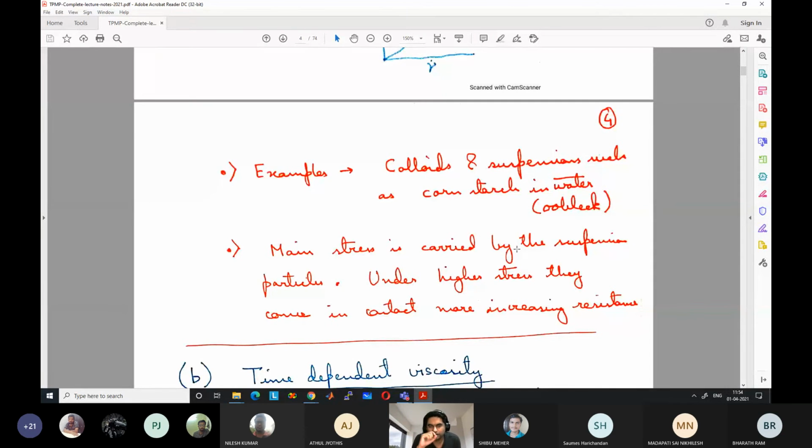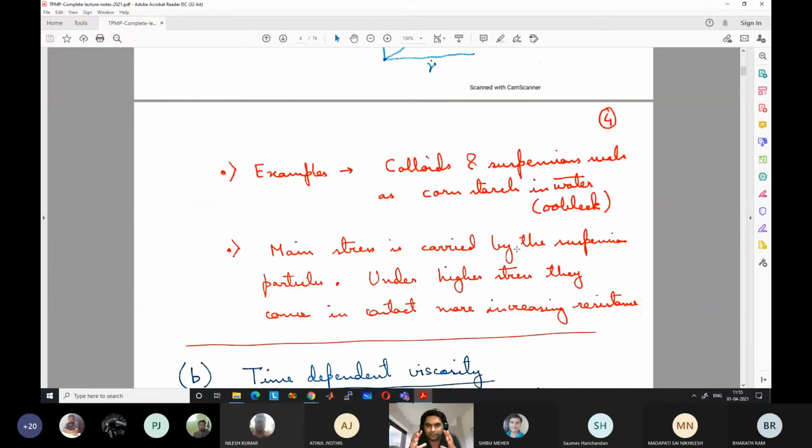Okay, so colloids and suspensions have solid particles mixed in a liquid. When you apply large stresses, these particles come together, and because they come together, they create a lot of resistance for flow to occur. When you apply small stresses, they are further away and they can move easily over one another. They do not interact directly with one another, but when you apply large force, large deformation needs to happen. So if you are hammering the fluid with a hammer, all these particles have to come together at a very rapid rate.